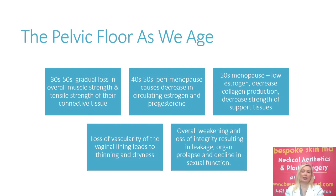So in our 30s through 50s, we have a gradual loss in muscle strength and the tensile strength, or the support strength, of our connective tissues. And this happens in the pelvic floor. It happens all over our body. That is the same reason why our arms start to sag and our boobs start to sag and our face starts to fall. In our 40s and 50s, as we enter the perimenopausal era,